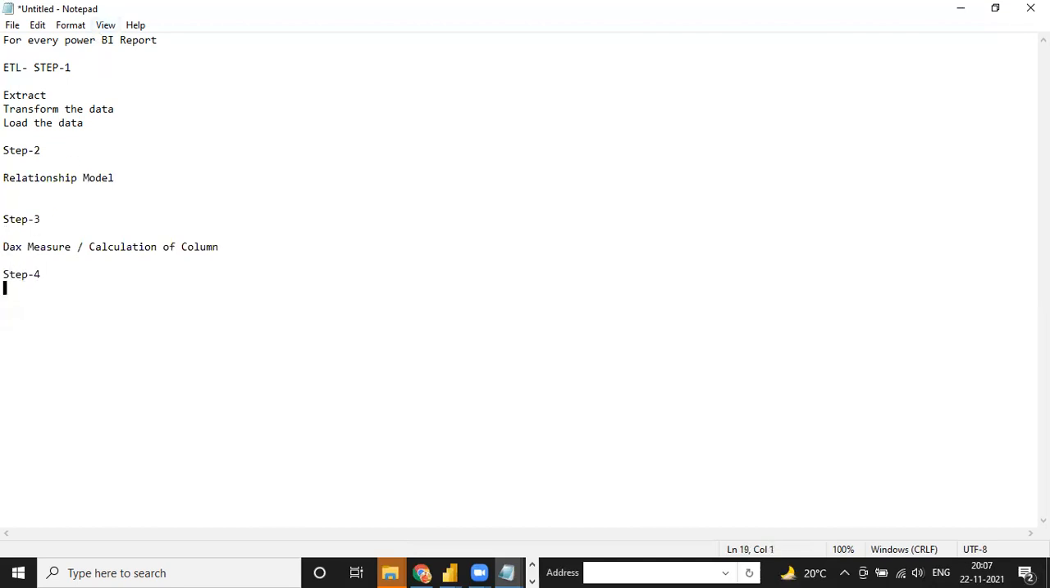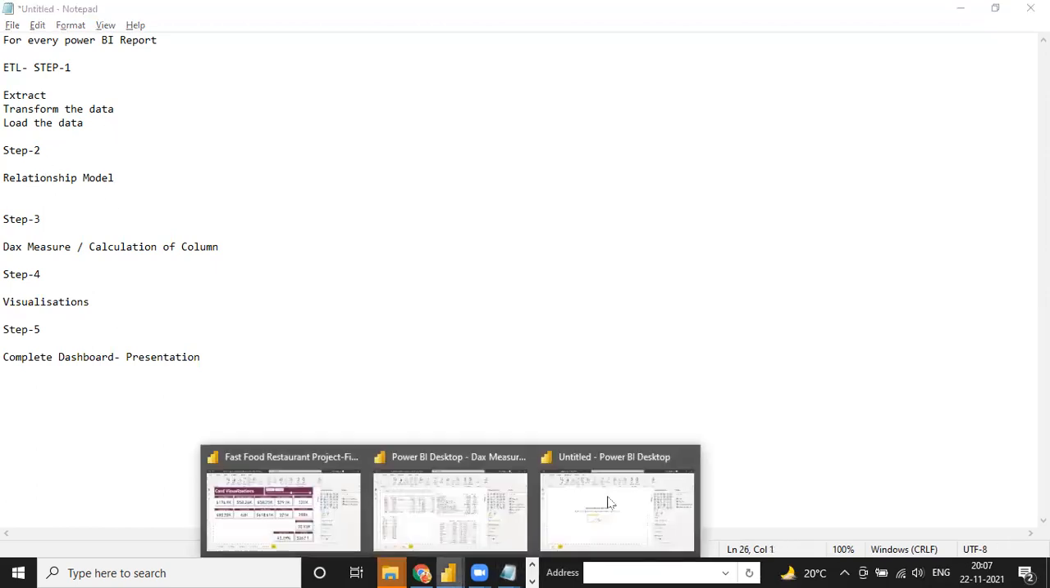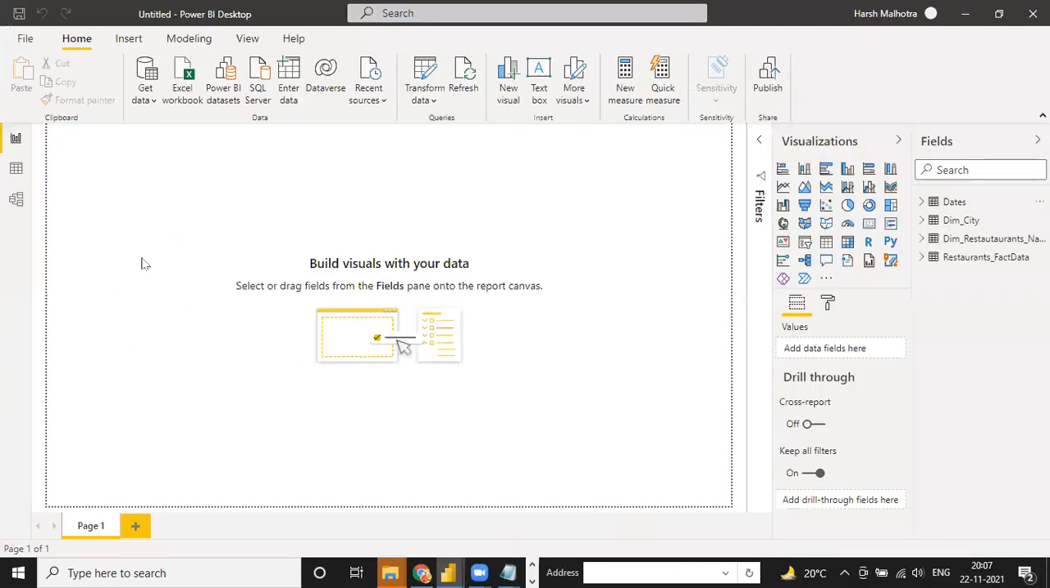And guys, step 4, we are making some visualization. Okay, and after that, step 5, complete dashboard presentation. So these 5 steps are very main. The first step is done. Now the second step is to load the data, and after that we are making the